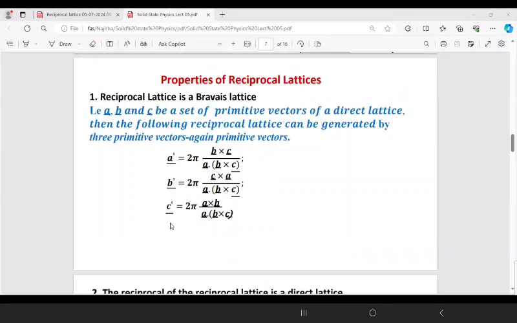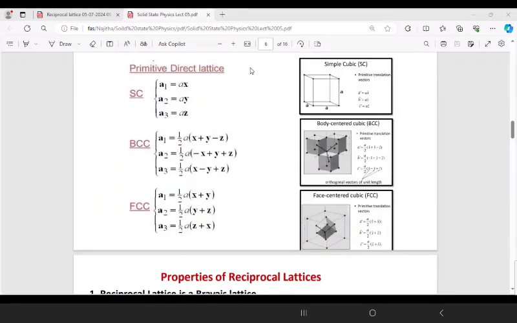The reciprocal lattice vectors, that is three vectors a dash, b dash, c dash. a dash is equal to 2 pi into b cross c over a dot b cross c. b dash is equal to 2 pi into c cross a over a dot b cross c. c dash is 2 pi into a cross b over a dot b cross c. So in this way,